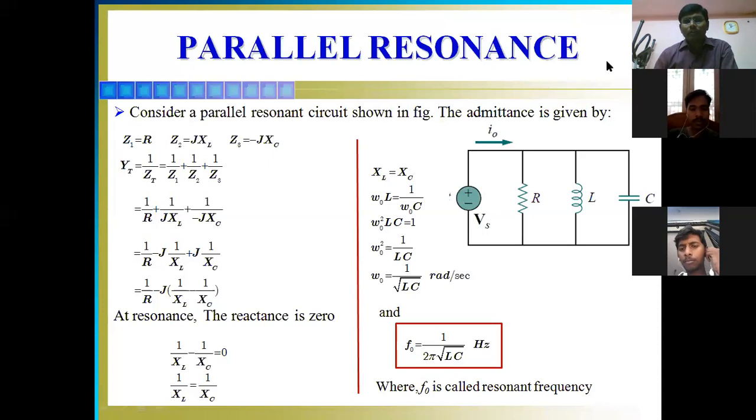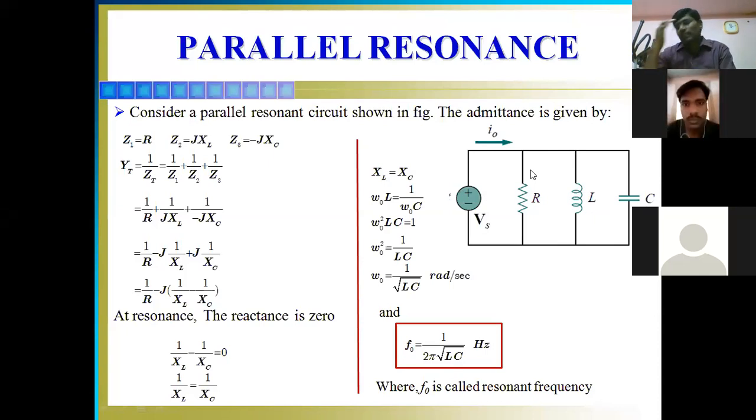Okay. So here there is another combination of parallel resonant circuit where the resistance, inductance, and capacitance are connected in parallel. Inductor and capacitor both are connected in parallel, so that's why it is called a parallel resonant circuit. If these two are connected in series, then it is called a series resonant circuit. Now we will derive the resonant frequency, bandwidth, and quality factor of this parallel resonant circuit.